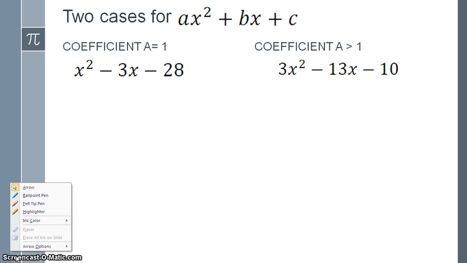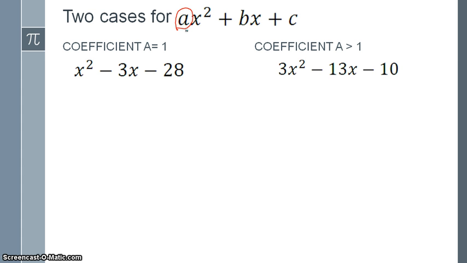So lastly, we're going to look at two cases, and that's what we're going to be focusing on in the app: the coefficient a equals 1 and the coefficient a is greater than 1. When I talk about a, I'm talking about the coefficient of x squared, and then we'll take a look and see what we're going to do. So when we see the coefficient a equals 1, what we want to do is find two factors of the c value. So in this case of negative 28, two factors of c